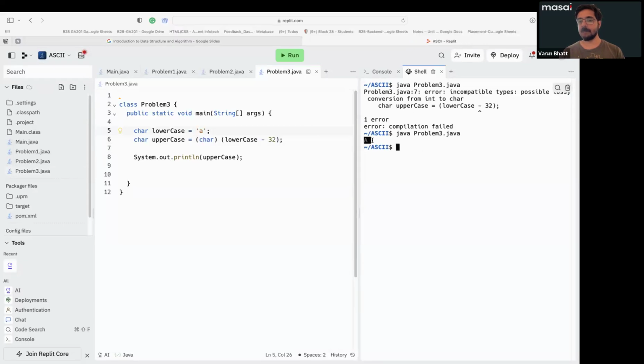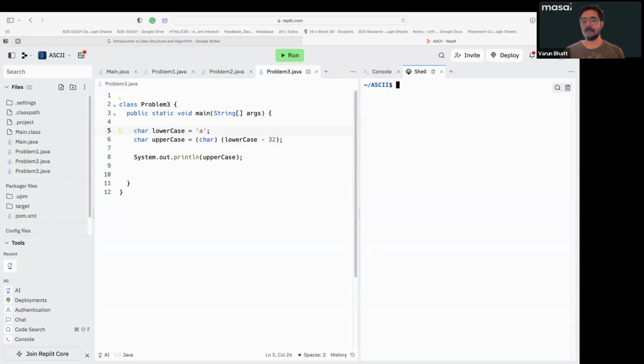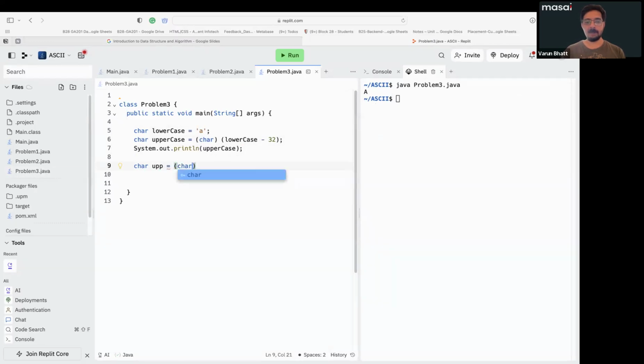So you can see that capital A has come. Getting it? Similarly, you can play around with this more. Suppose I'm saying upper equals to... now suppose I want to do this. I'm writing directly char equal to, and here I'll write the capital A. And in this capital A, if I add 32, here I'm telling my computer,